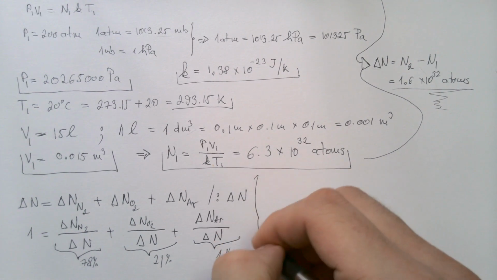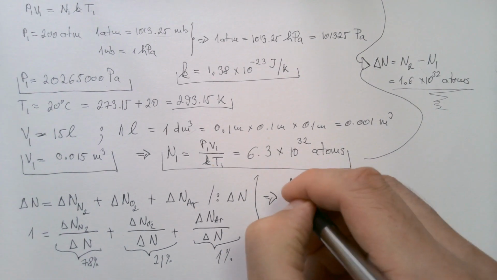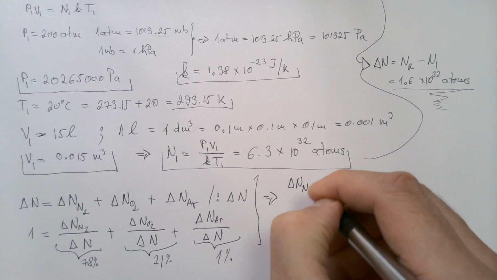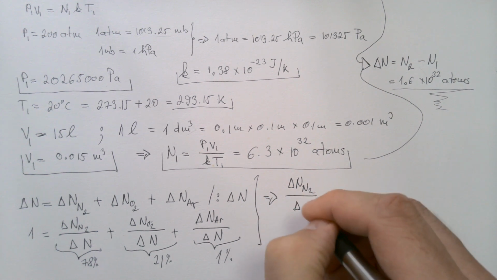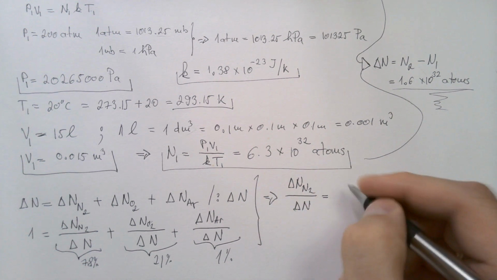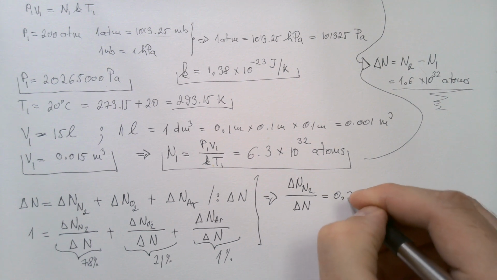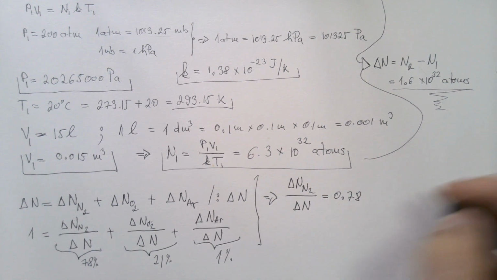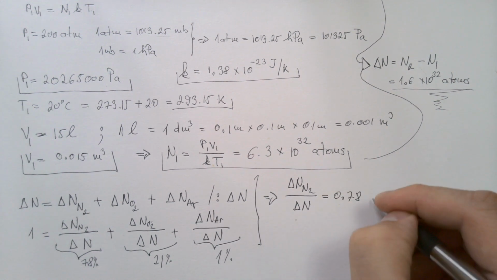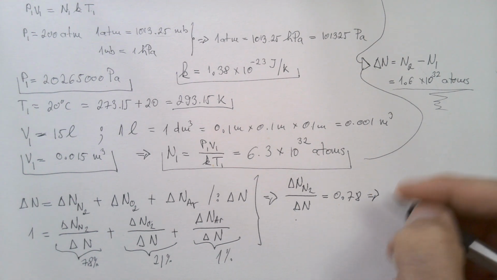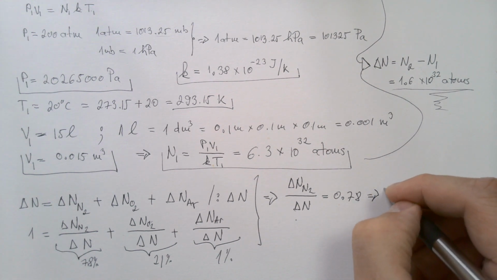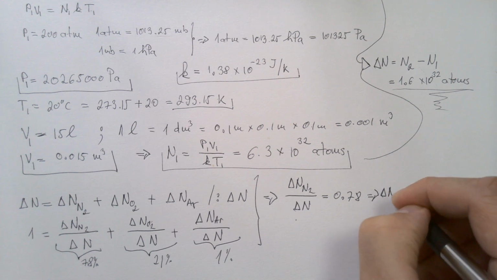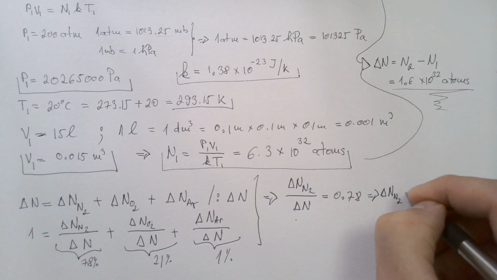So you can see from here that delta n for N2 divided by delta n is simply equal to 0.78. Or from here I can therefore write that delta n for N2 is equal to